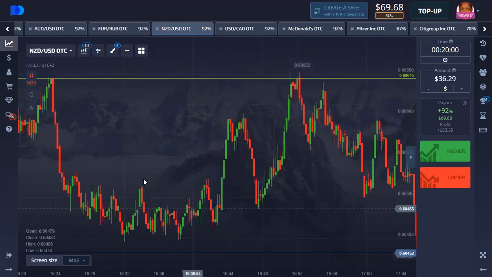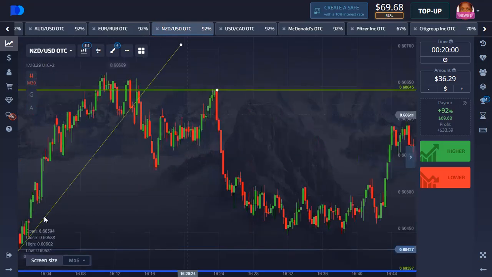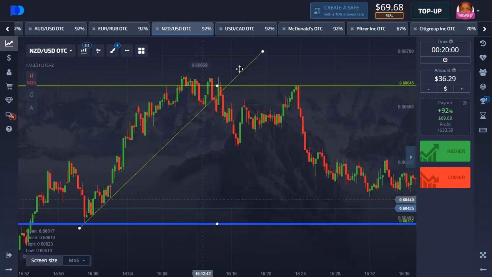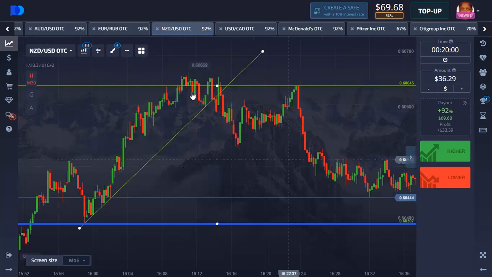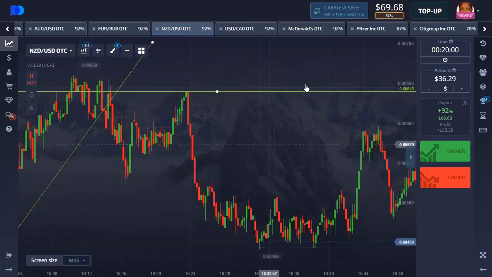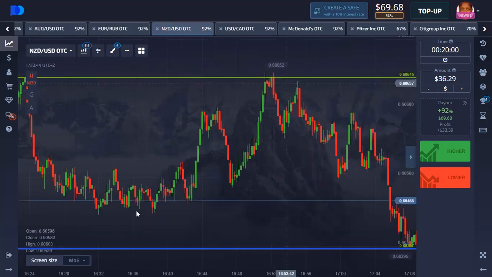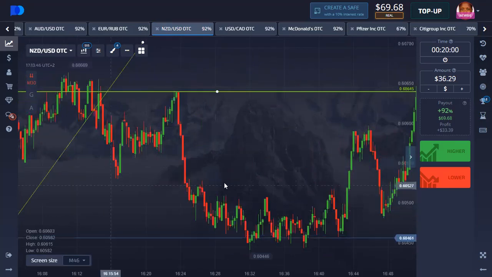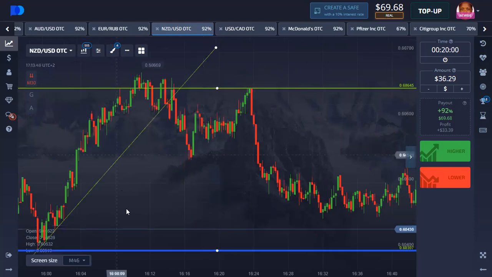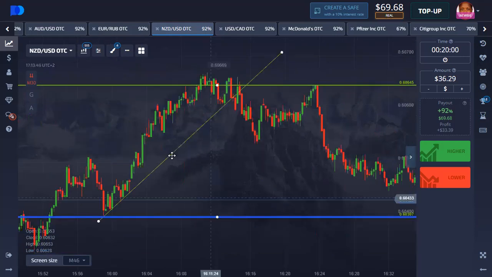Wait, look for another trend line. For now, just master the buying trend lines. Wait for a breakout. Let it form a resistance level. Wait for a retest on the resistance level. Take a long trade and make sure the time you are putting on the trade depends on this